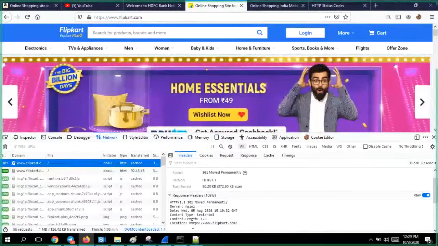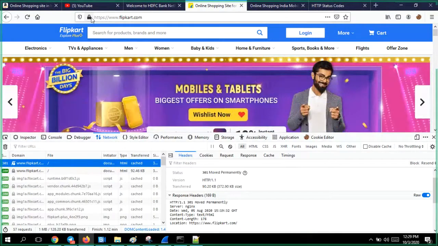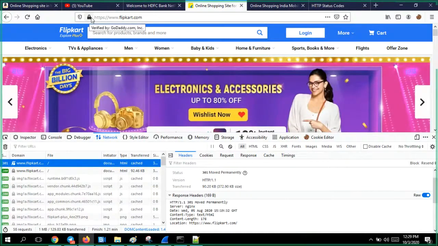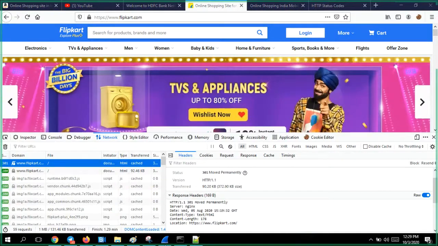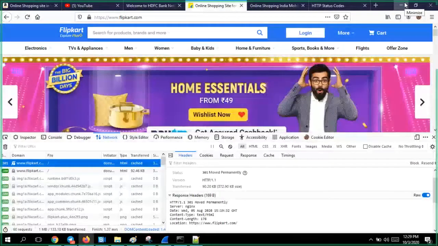So you got this immediately, you kept it here and you sent it. That time you got this lock once you got a confirmation. So this is called certification happening between you and the other system. That log you cannot see here. We can see it here. 301 is the code.